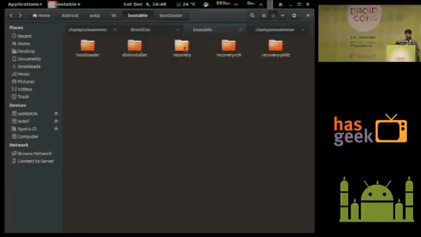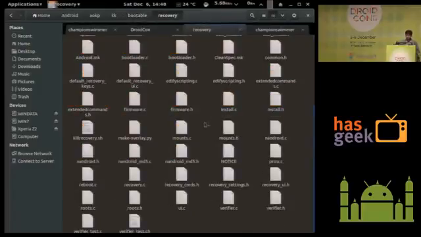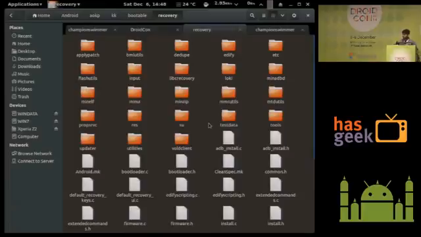Then another thing is the recovery. Recovery allows two things. One is obviously, as the name suggests, if something goes wrong, you can wipe the data on your device from the recovery. You can reflash a new build via the recovery. And finally, recovery helps you in FOTA. So you know what FOTA means, firmware over the air. Like you get upgrades to your Android. If you have a phone, you get upgrades, which are like, say,